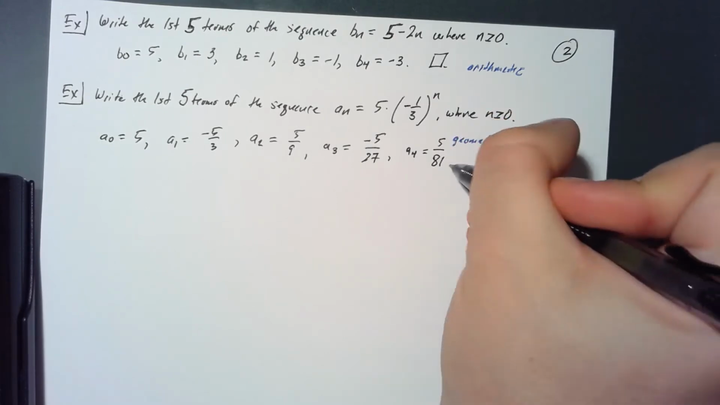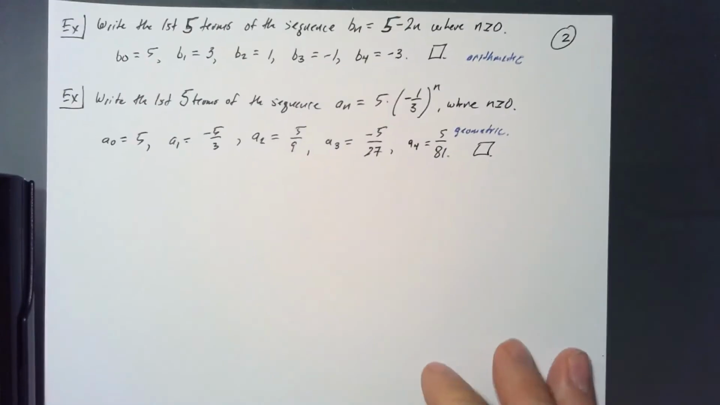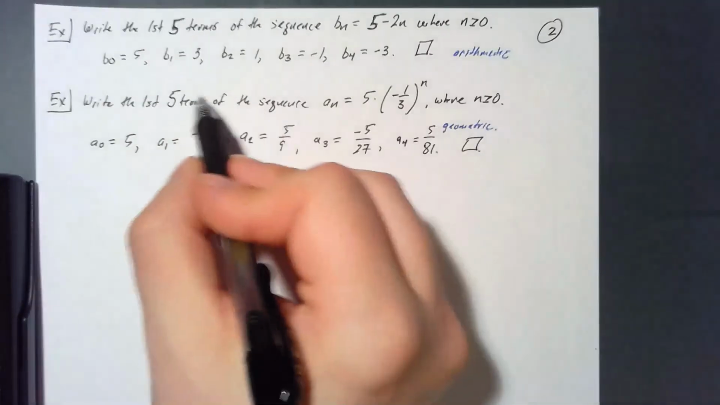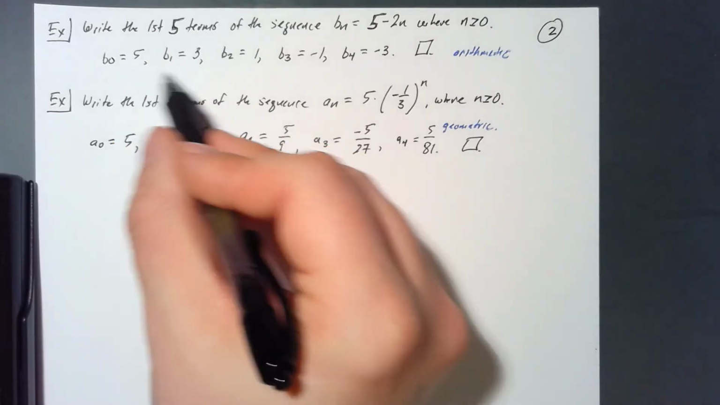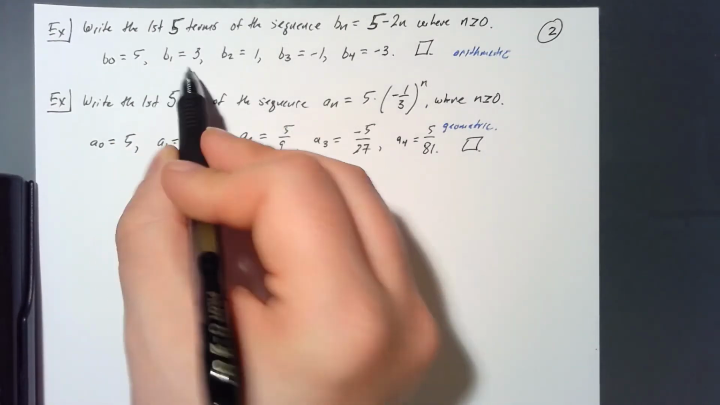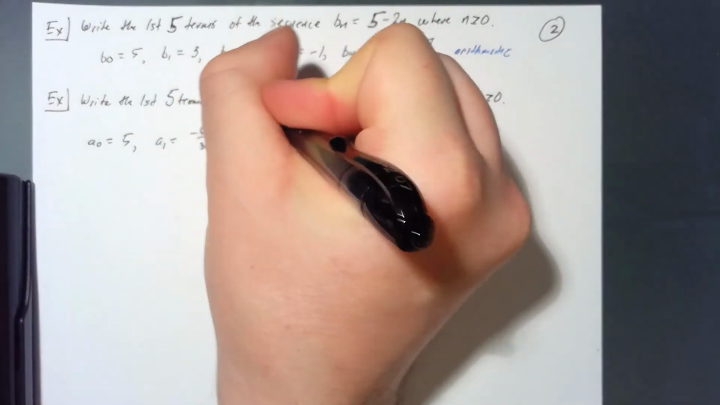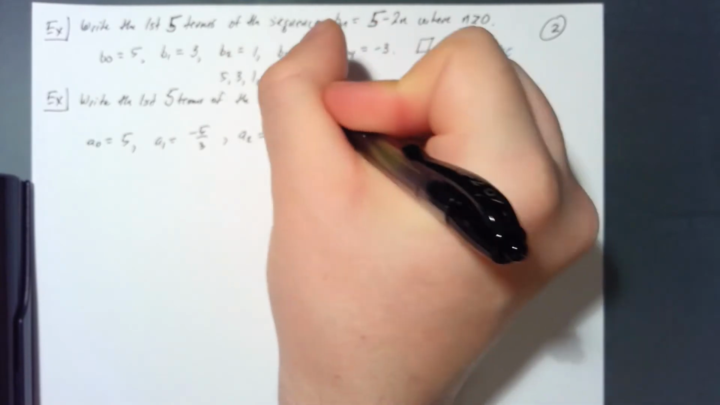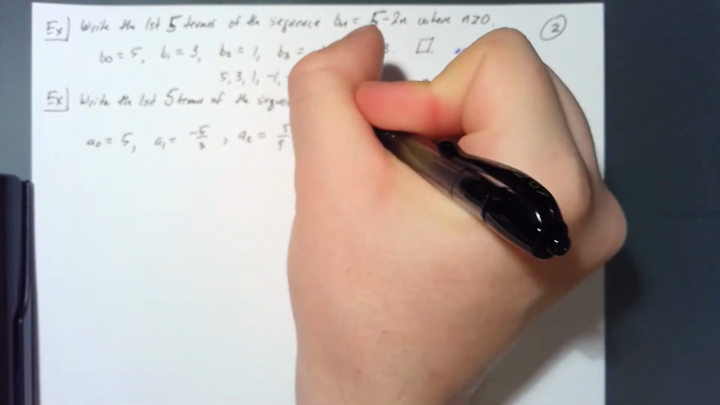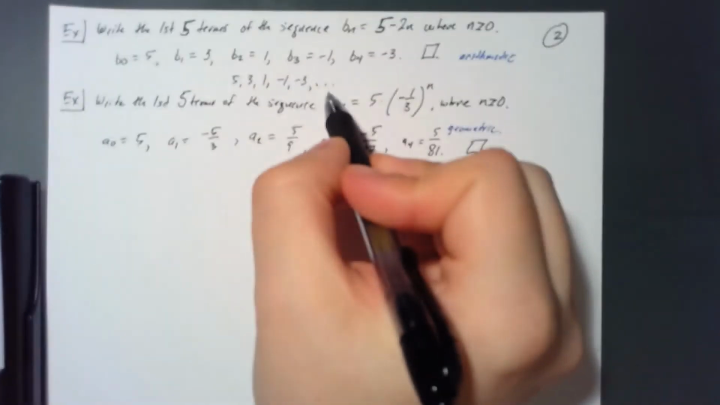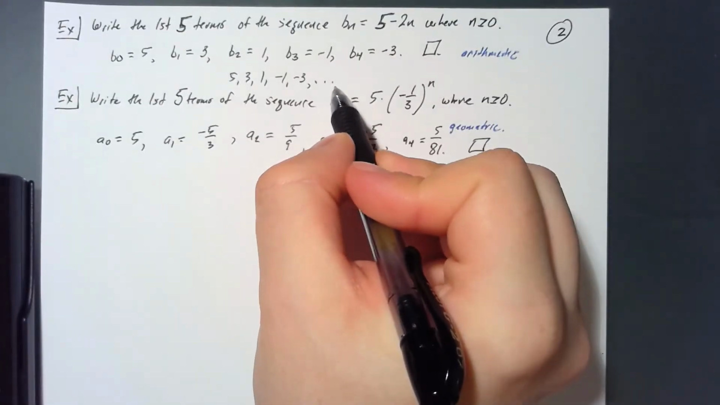So those are the terms of the sequence. And like I said earlier, you could just list these terms out. You don't have to write the actual dummy variable. You could just write the terms. Like in this one, you could write this as 5, comma, 3, comma, 1, comma, negative 1, comma, negative 3, dot, dot, dot. I do want you to note that you should always write dot, dot, dot, because